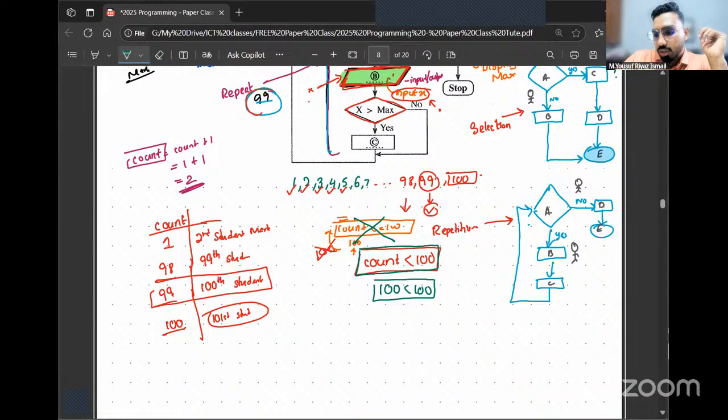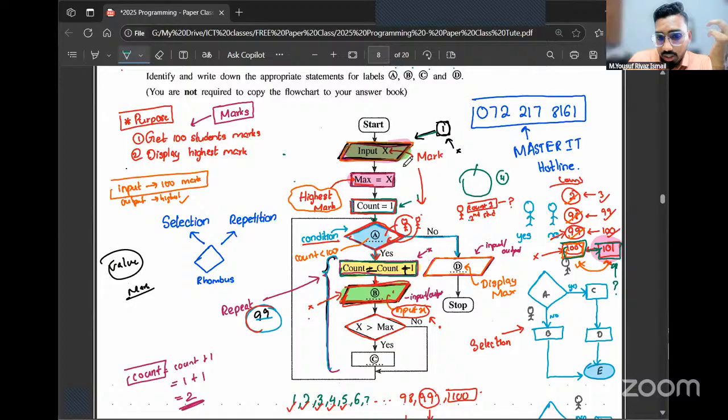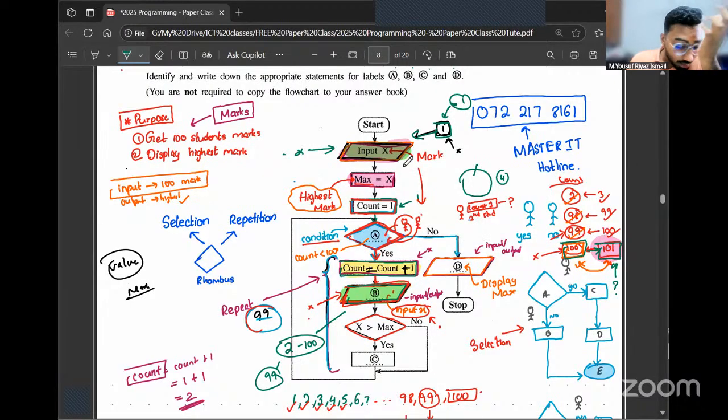But so 100 students' marks are also entered. Yeah, we have to get a total of 100 students' marks. The first student's marks is taken from here. From the second student to the 100th student, the marks are taken from here. So within the repetition structure, we are taking 99 students' marks. Outside the repetition structure, we are taking one student's marks, the first student's marks. The remaining, from 2 to 100, if you count how many numbers are there, there are 99 numbers. The remaining 99 students' marks we are getting inside the repetition structure. Got it?